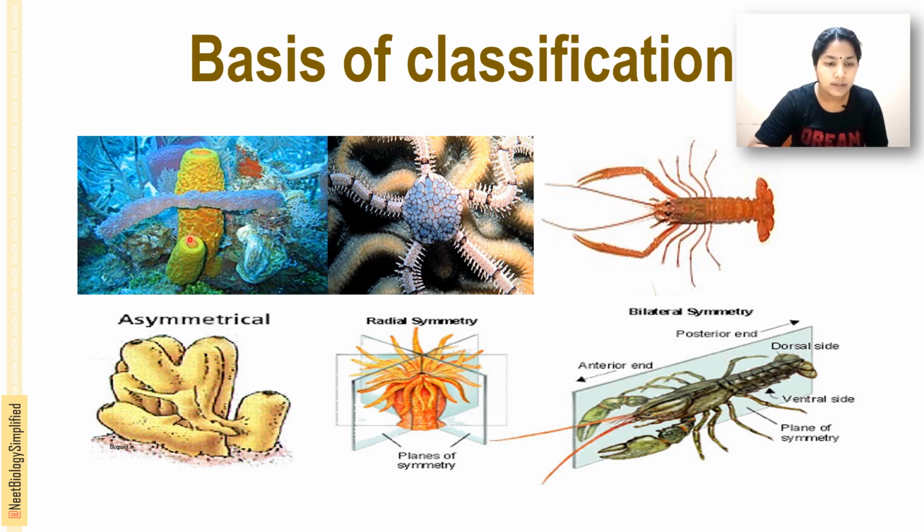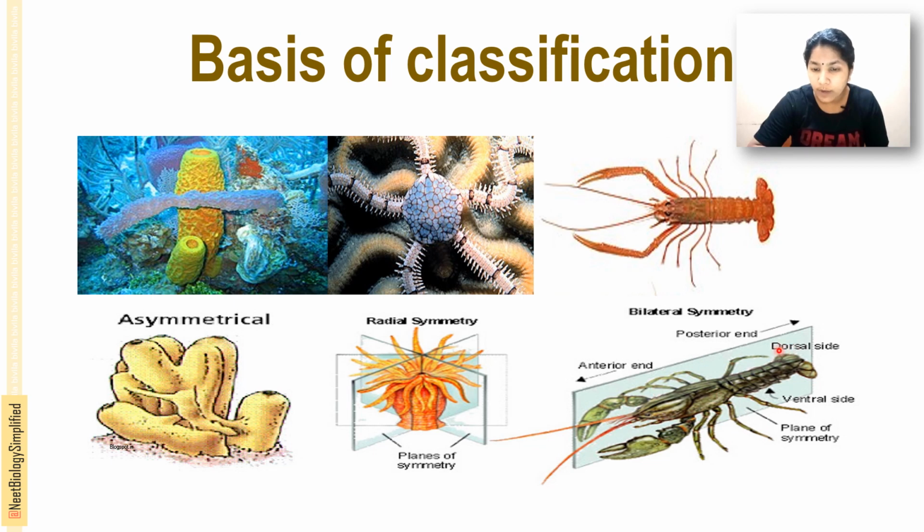You can see that is the asymmetric, and the second one, you can see the radial symmetry, Echinoderms, and last is the arthropods and annelids. They have the bilateral symmetry. You can see that central one line, single ray that can divide this organism into identical left and right halves,